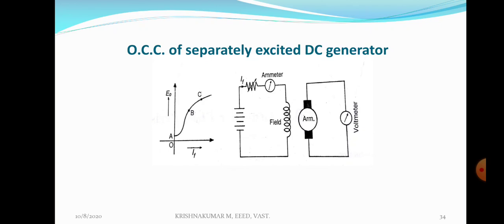Therefore, from point B onwards, the linearity of the curve is lost. The reason is, after point B, field current is increasing and flux is increasing. At a higher value of flux density, permeability is decreasing, then reluctance is increasing. So reluctance of iron is coming into the picture. Therefore, linearity is lost. Up to point B, reluctance of iron is negligibly small. After point B, at higher flux densities, permeability of iron decreases and reluctance increases.